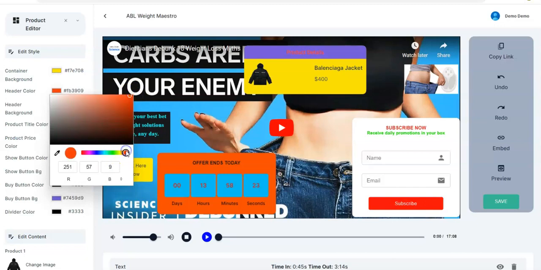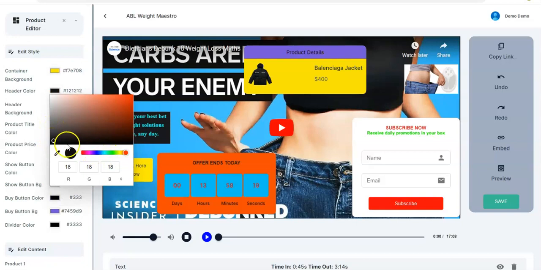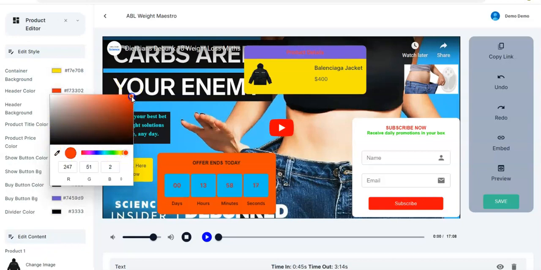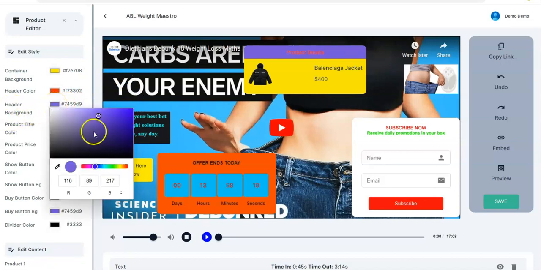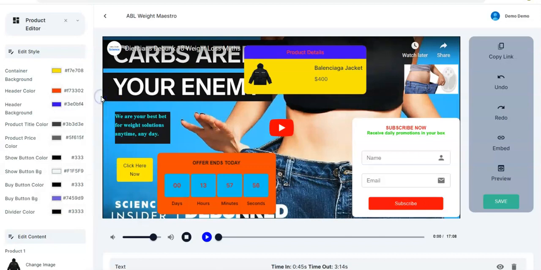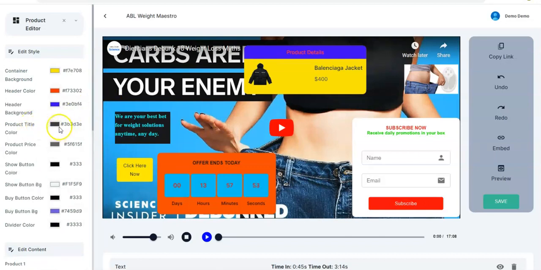Right, it could still be red, it could be black. So right here we have the header background, that background there, it could be black, it could be anything you want to put there. Right. So let me make it blue. Blue is okay. Then product title color,